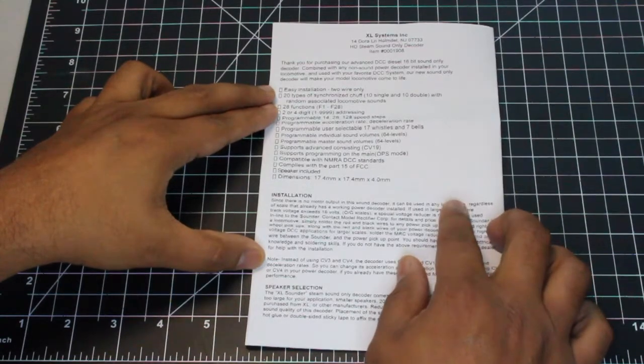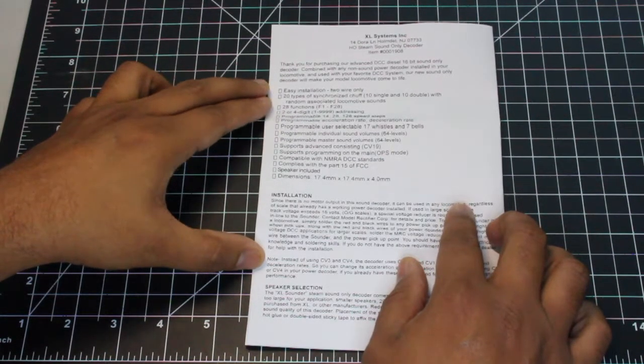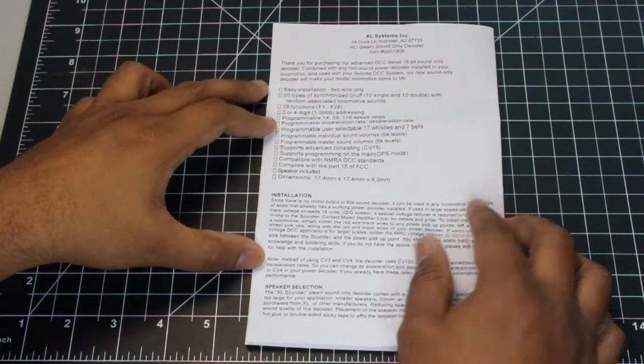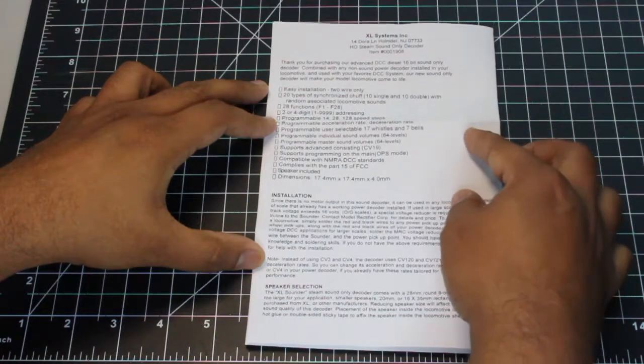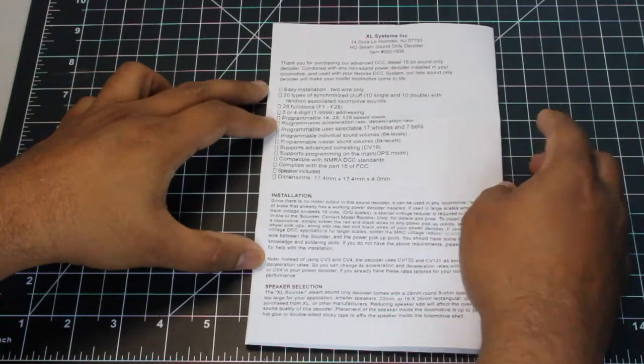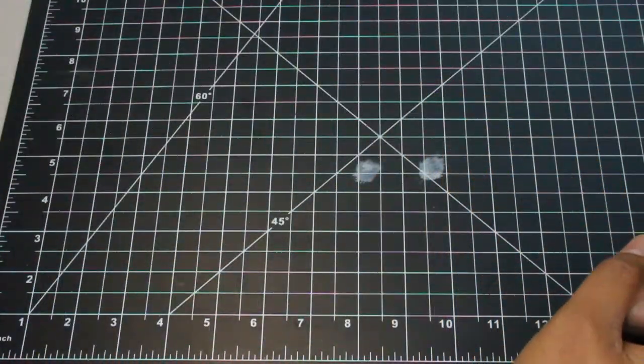A sound-only feature adds a lot of value to trains that already have a function decoder or a motor decoder. And I'm hoping to buy a few more so I can actually make a lot of my other steam engines actually steam sound engines. So let me just quickly connect the